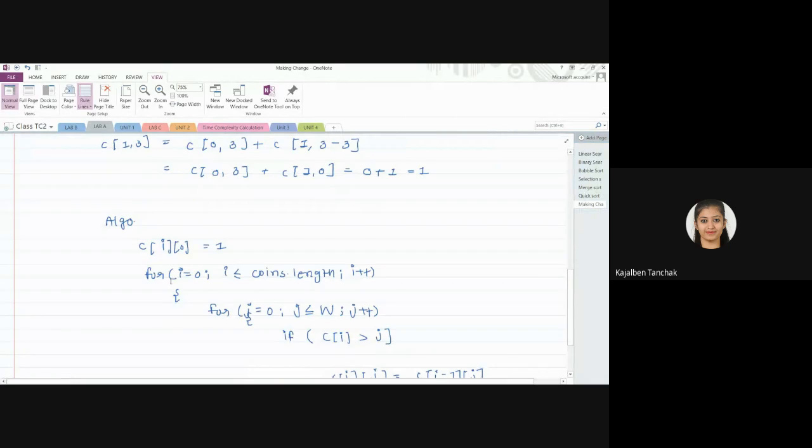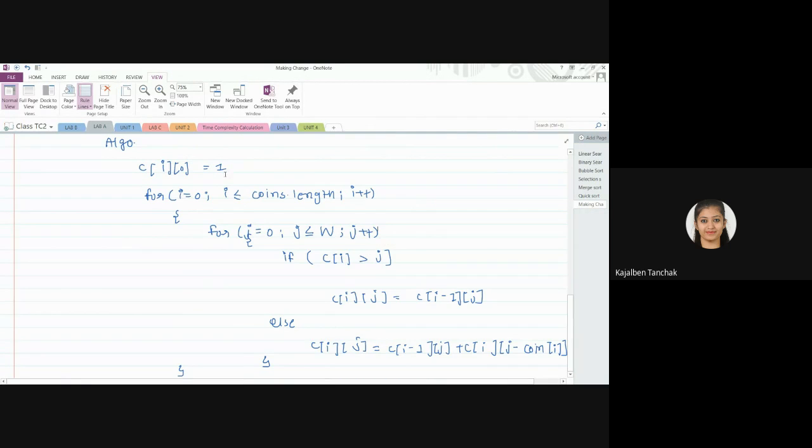When j value is 0, you simply put 1. Then i iterates from 0 to coin length, j iterates from 0 to amount. When you check coin of i is greater than j, you copy the above cell value. Else, you copy the above cell value plus the cell at j minus coin of i. So simply we have used this formula.